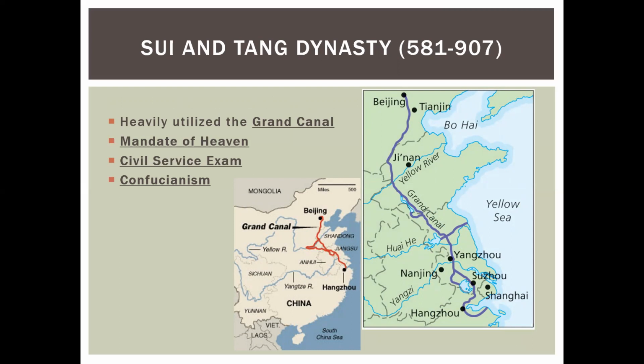Building up from the Sui and Tang, the Sui are most famous for starting the Grand Canal. So China is famous for its incredibly long, productive east-west rivers, the Yangtze and the Yellow River. And the Grand Canal was a brilliant infrastructure investment because it connected China north to south. It connected the productive farmland of the south to the government and industrial capital, well, let's say pre-industrial, but manufacturing capital in the north. So the Grand Canal is important. The mandate of heaven is important.